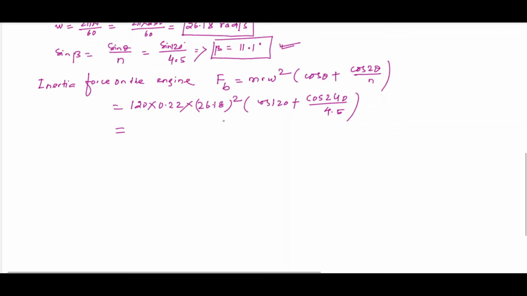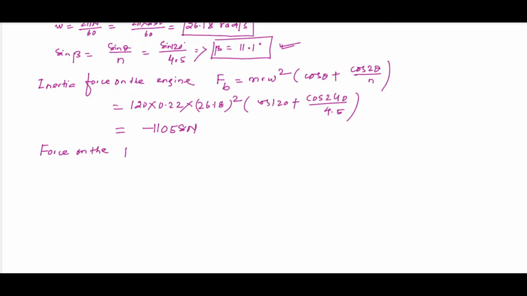You calculate this, how much it is coming around, let me know. My voice is audible to all of you, no? So you please calculate this value and let me know. I think it will come in negative because we have cos 240. Yes. So if you calculate this, it will be minus 11058 Newton.